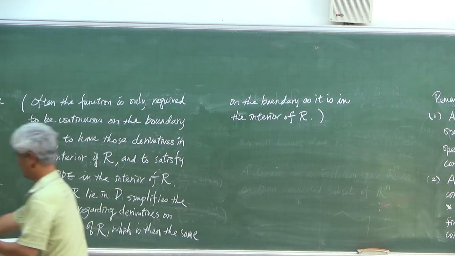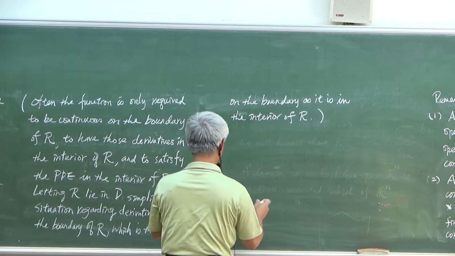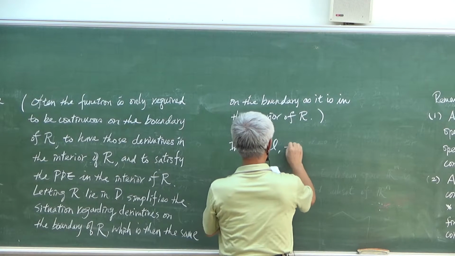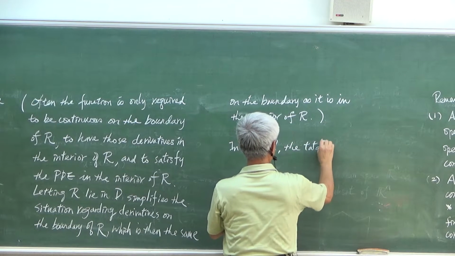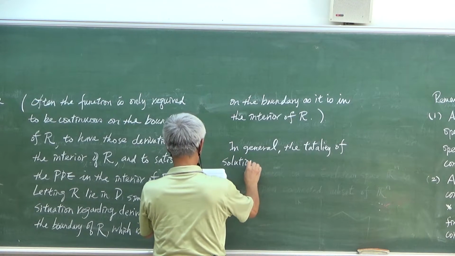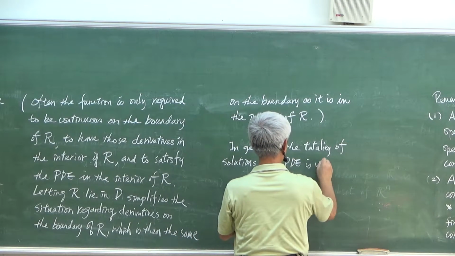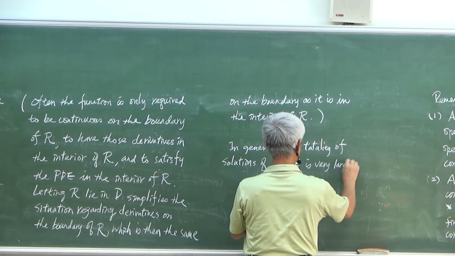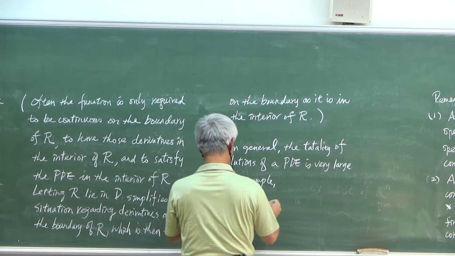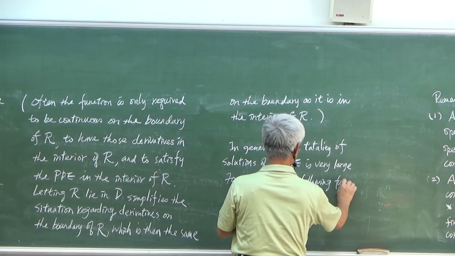Okay, so now partial derivative actually is more involved in order to find the solution. So now in general, the totality of solutions of a PDE is very large. For example, the following functions: